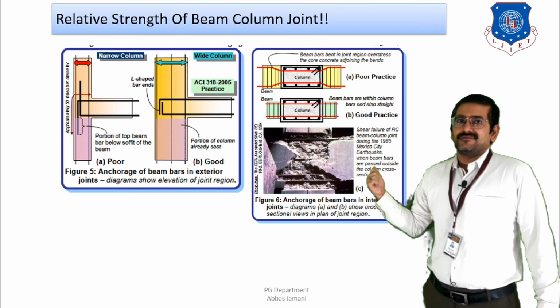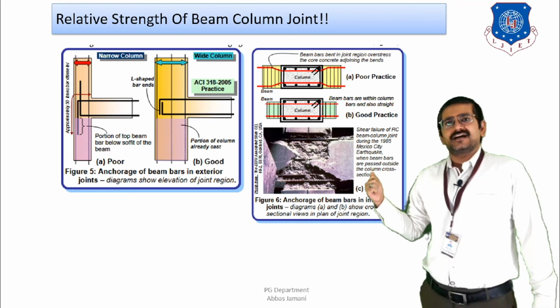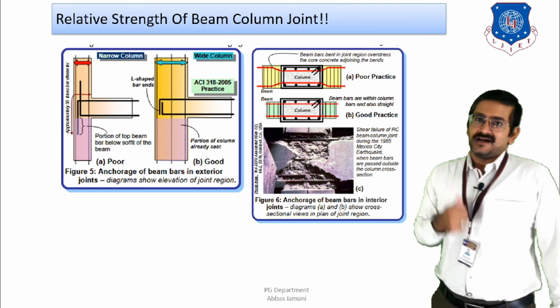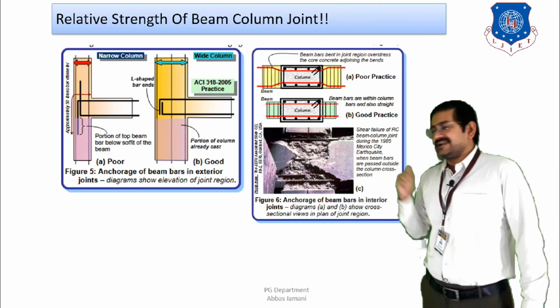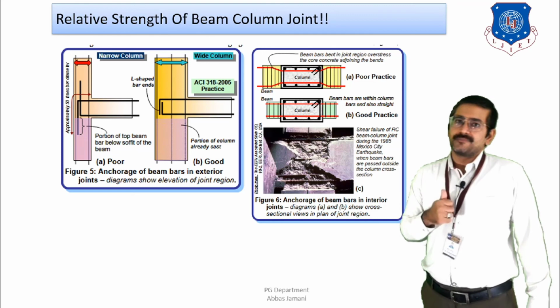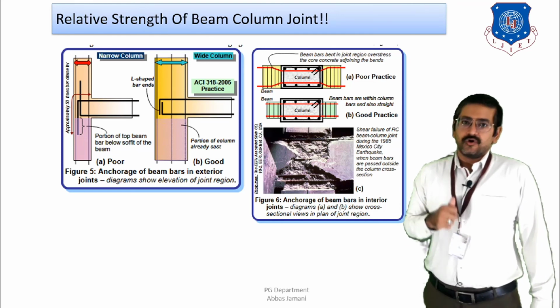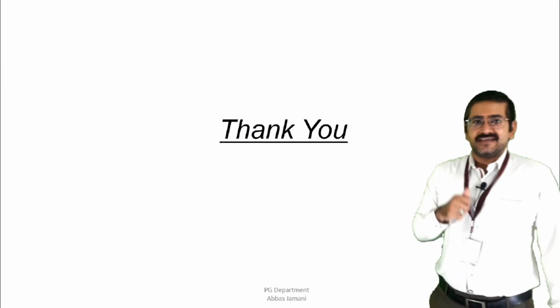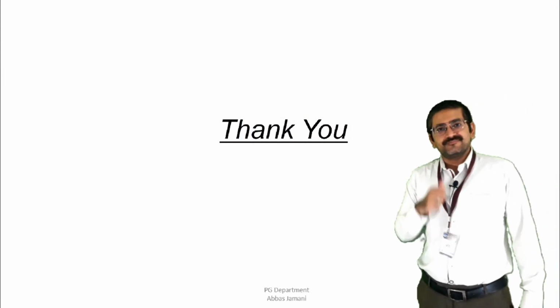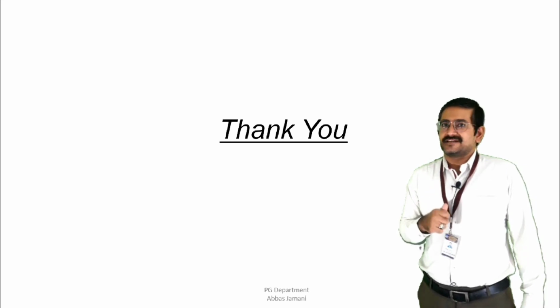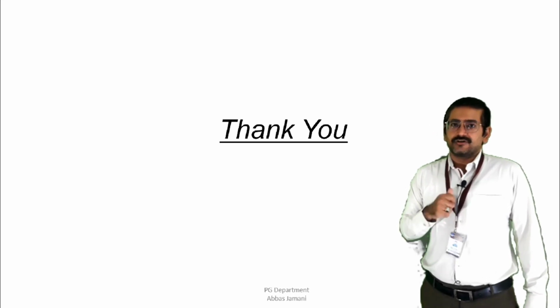And lastly, we have one sketch or figure taken from the Mexico earthquake where the shear failure of the beam column joint is highlighted. Right? So you can see how critical these detailings are for the good performance of the beam column joint when subjected to lateral loads. Hope this lecture series has given you enough insight into the importance of ductility for the good performance of reinforced concrete buildings when subjected to lateral loads.